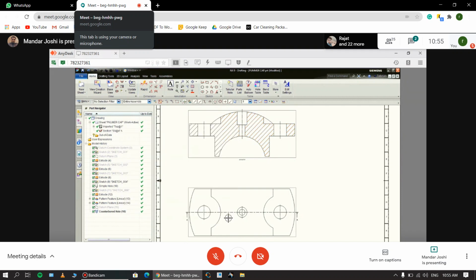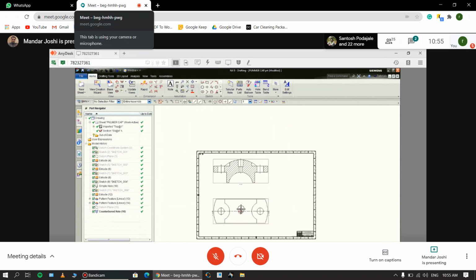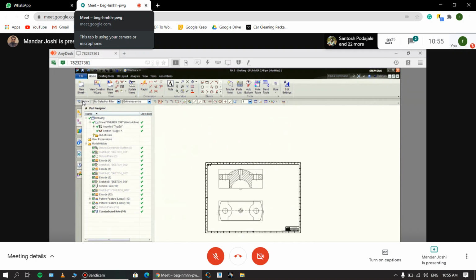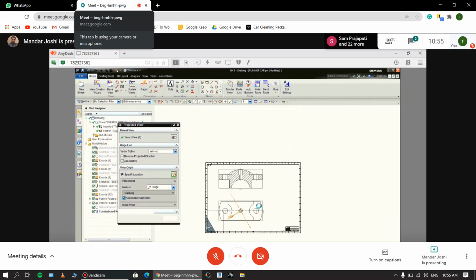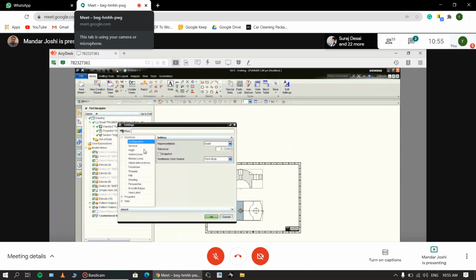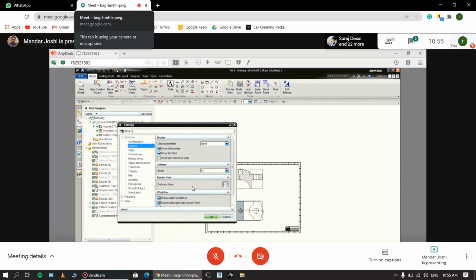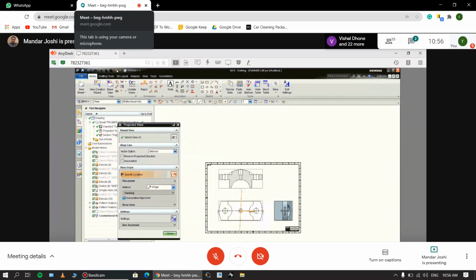That views get placed. After that, we want to put some side views here. Then select again menu, projection view. So I'm taking the projected button on and place the mouse over here. And here also there is a setting. You can just check the general setting. There is a center line button that is on, and I click over here.